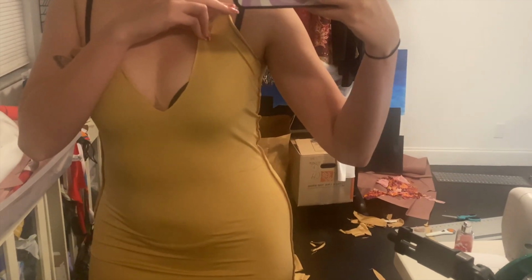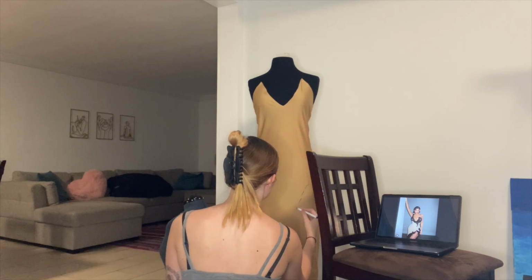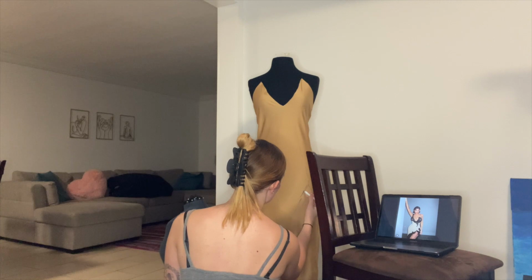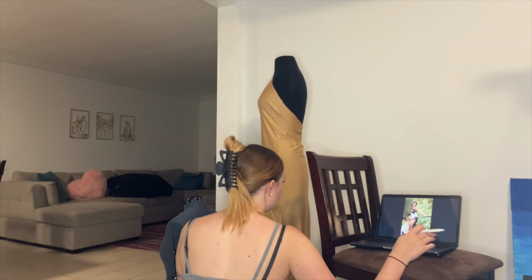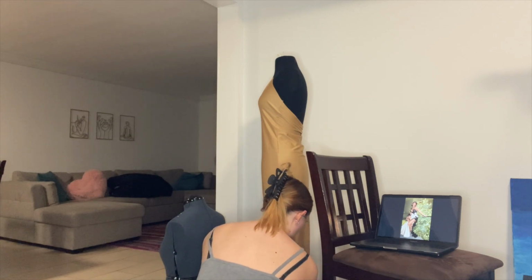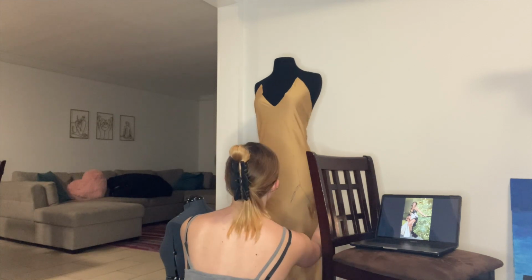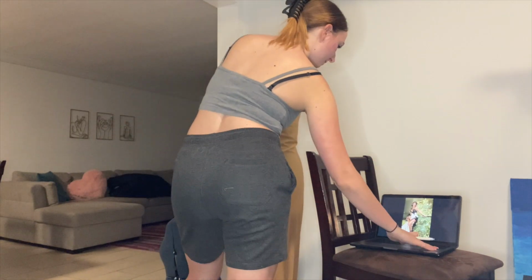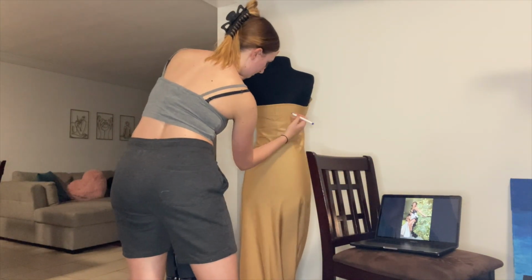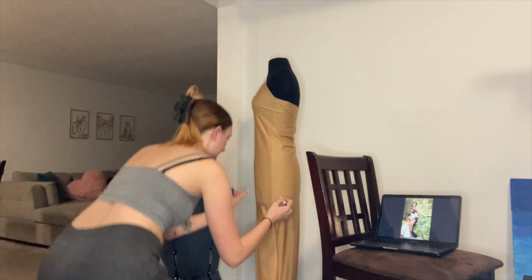Please ignore the messy background, but as you can see, the neckline is a lot cuter. I put the dress onto my mannequin, and I'm just referencing the picture of the dress that Kylie's wearing to see where I want to put the slit. So I'm using a washable marker to draw out where I want the slit to go exactly before I cut it. For the top of the slit, always make it not as wide as you necessarily want it to be, because when it's on you, it's probably going to stretch out more and be wider,